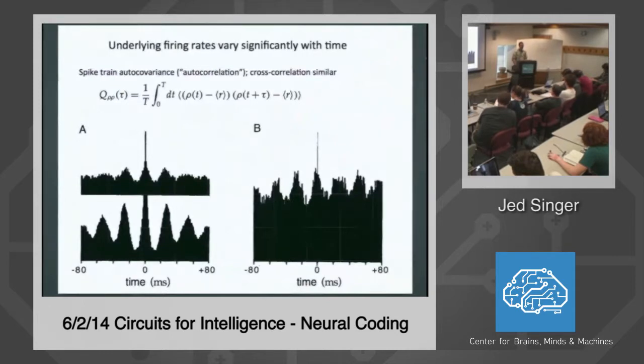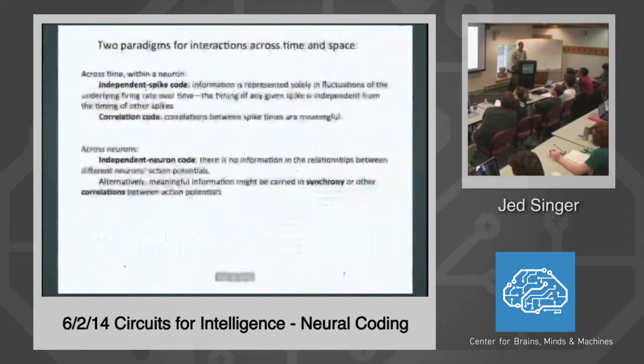Now, whether these kinds of things are important or not has been discussed a whole lot. You can coarsely divide studies of neural coding into two paradigms. I'm going to do this very crudely at first and then try to get a little bit into the nuances. But if you're looking at a single neuron, and you're looking at its activity over time,